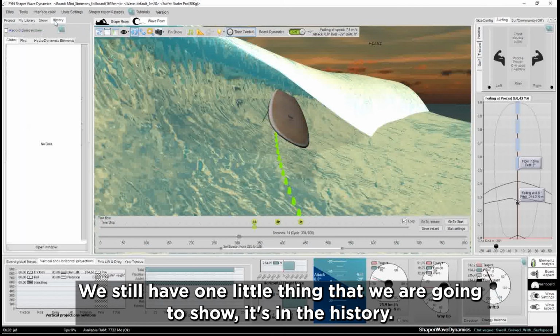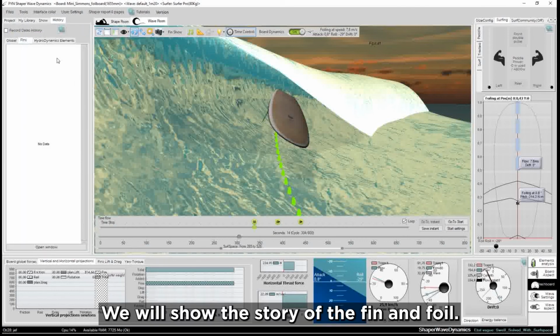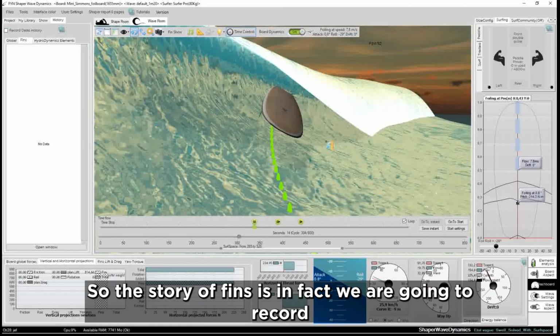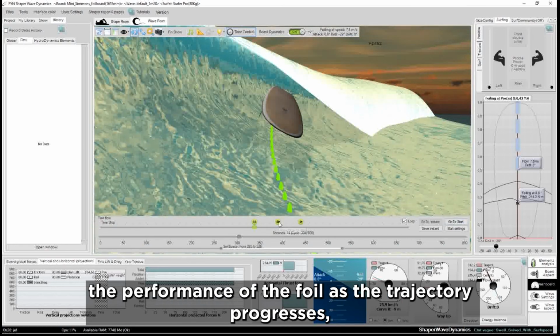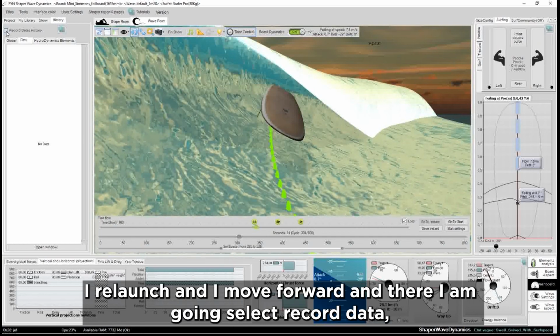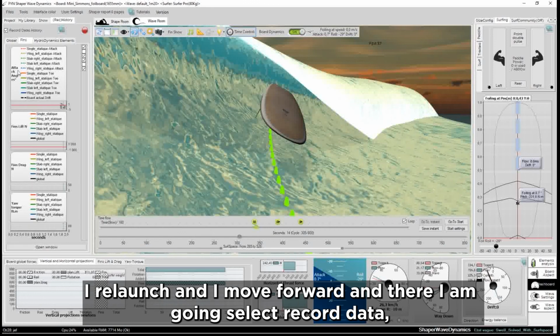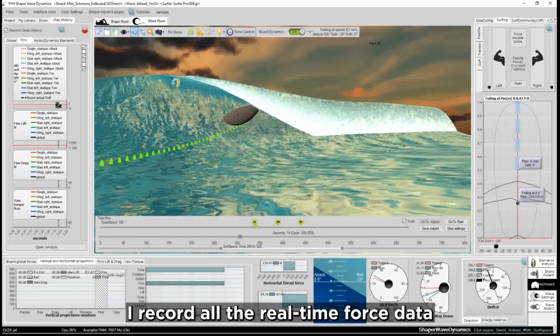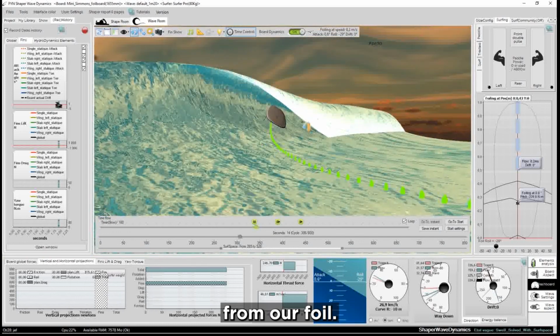We still have one little thing that we are going to show. It's in the history. We will show the history of the fin and foil. So the history of the fin is in fact that we are going to record the performance of the foil. As the trajectory progresses, I relaunch and I move forward, and there I am going to select record data. And I record all the real-time force data from our foil.